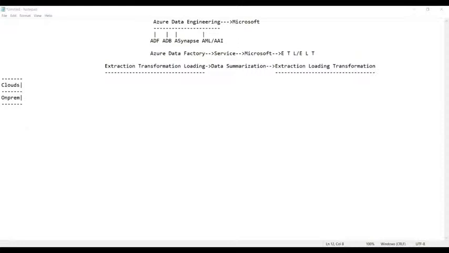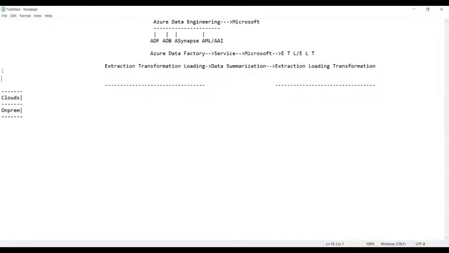Yeah, that's fine. And anyone else? Any other opinions, please, guys? Okay, anyways, no problem. We will discuss it. So, guys, clouds and on-premises are two different environments. Let us try to understand these environments first, because if you understand this, then you can understand all the things. First of all, you have to make out the basic difference between the clouds and the on-premises.